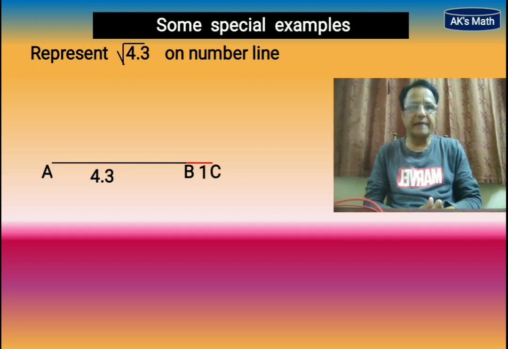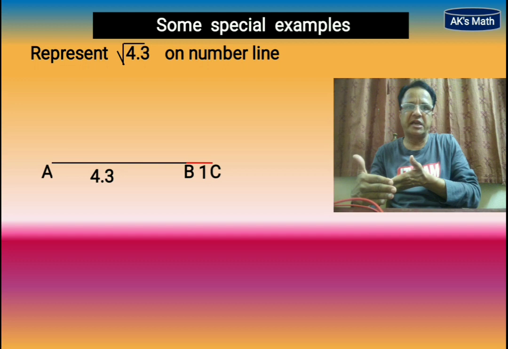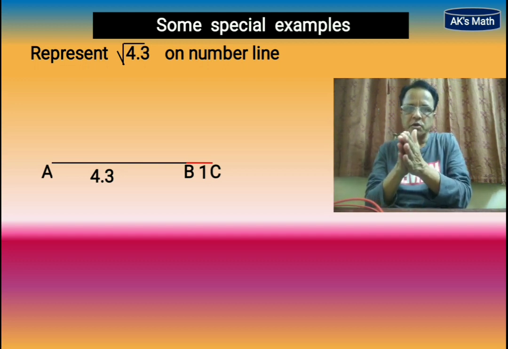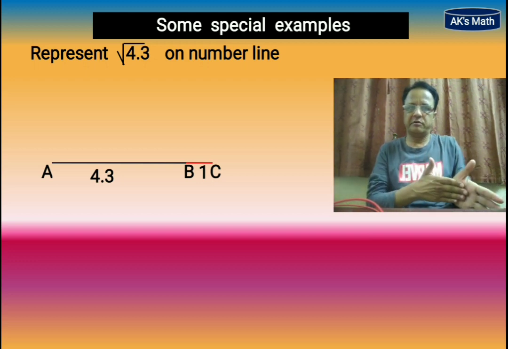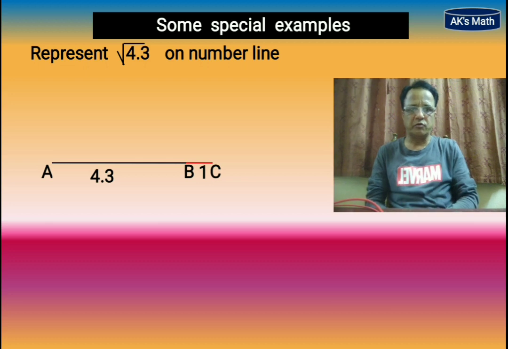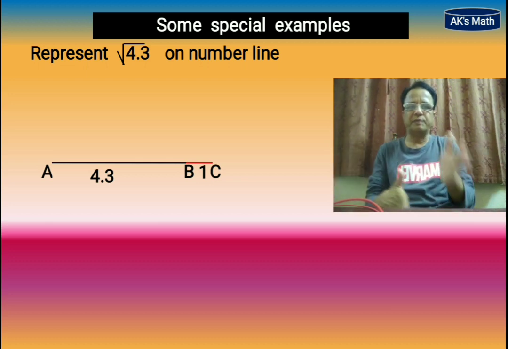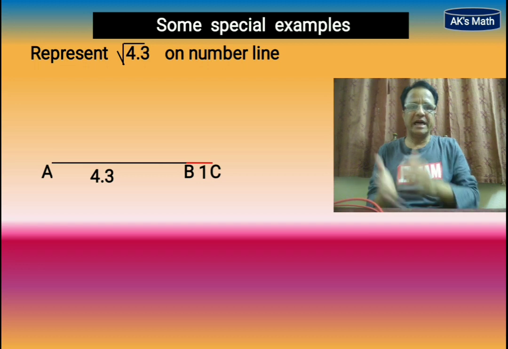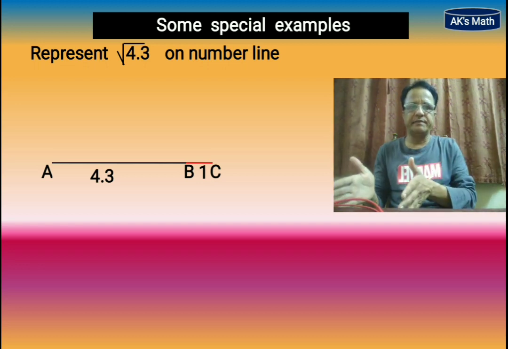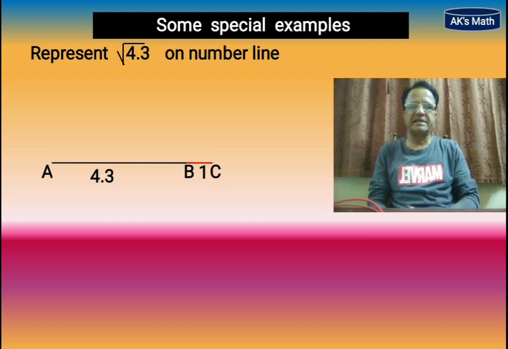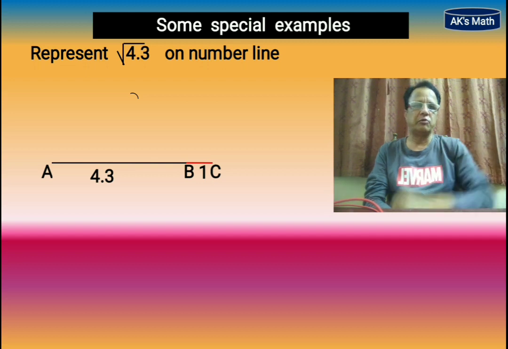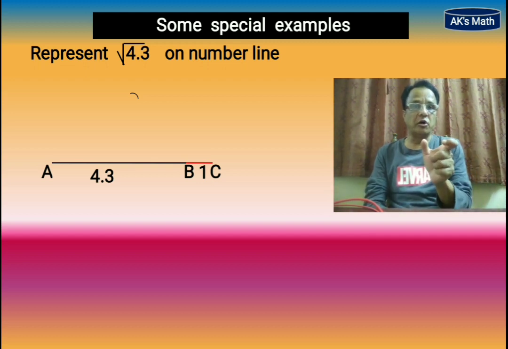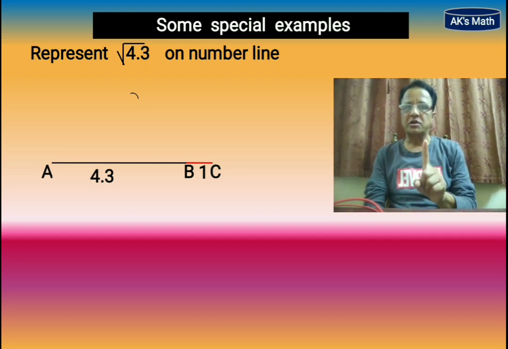मीन्स हमको क्या करने का है पहले कि जो नंबर दिए वाला है ओरिजिनल नंबर, उसमें एक ऐड करके हमको उसका एक सेगमेंट बनाने का है. तो 4.3 में अगर एक ऐड कर दिए तो 5.3 हो गया. तो 5.3 का एक AC सेगमेंट हमको पहले ड्रॉ करने का है, फिर उसमें B पॉइंट 4.3 पे लेने का है. Or at first draw the AB of 4.3 and then add 1 unit, 1 centimeter to that one. So you will get point C. Now after that, what we have to do? We have to draw the perpendicular bisector of AC. Remember my words.